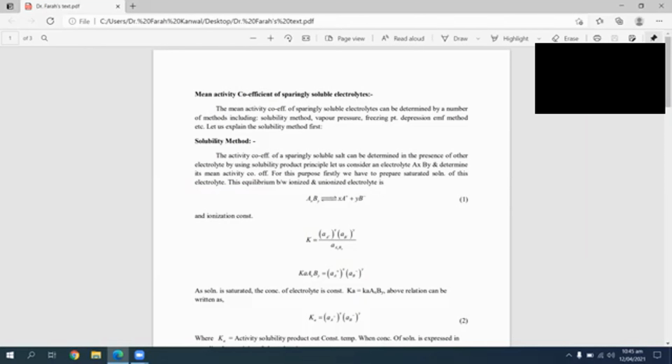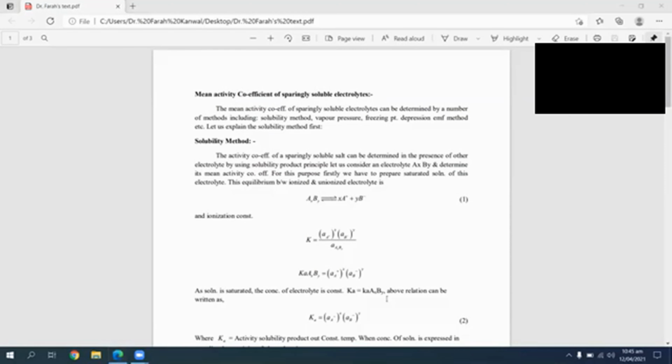Number of ions are going to be dissociated, and then reformed in the form of a salt. And then you have to determine a constant where the number of ions remains constant inside the solution. And for that ionization constant, you will show it by the sign of K. That is going to give you the activity of A positive ions, the activity of B negative ions, and then the activity of the whole salt divided by it. If you can see, the power of x and the power of y is showing the concentration of the ions of A and the concentration of ions of B there.